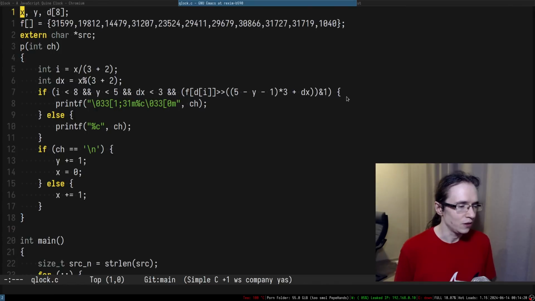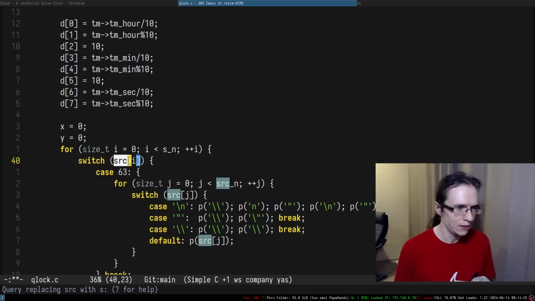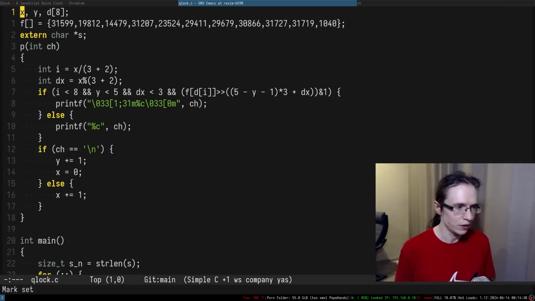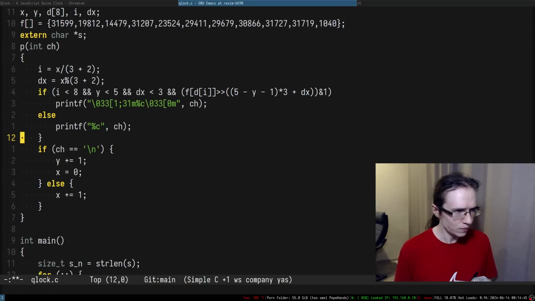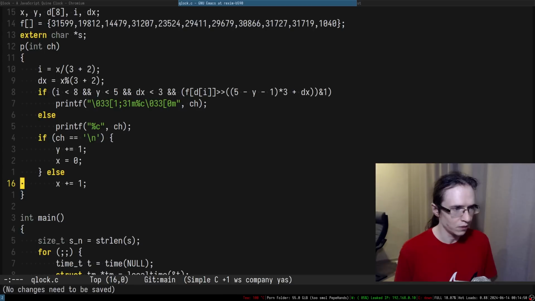Let me see. Can we maybe actually rename it to maybe S? In how many places is it used? Yeah, maybe that will actually reduce it. So we can maybe define I and dx in here and get rid of that. We can actually start getting rid of the curly braces. How about that? Let's actually get rid of the curly braces. So for example, we don't need these curly braces. I'm pretty sure